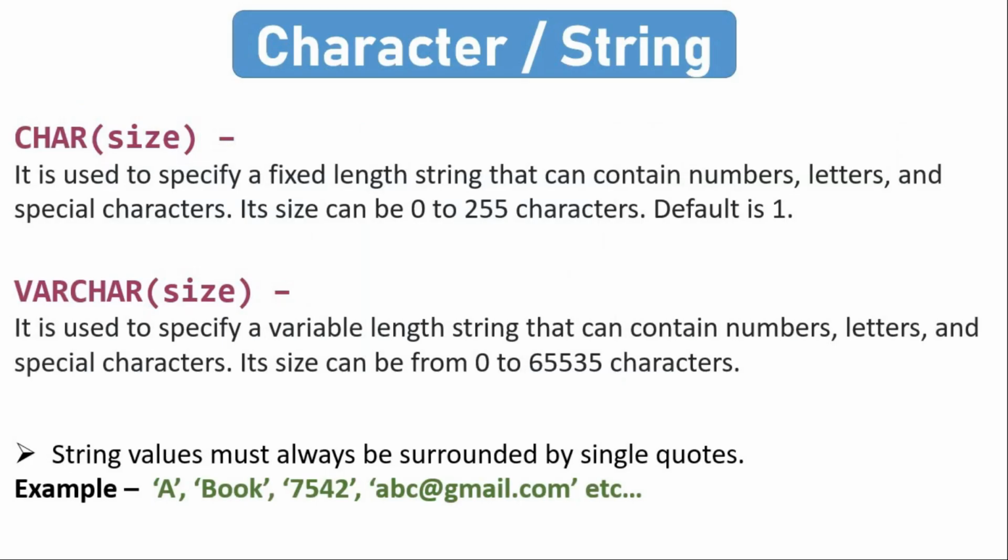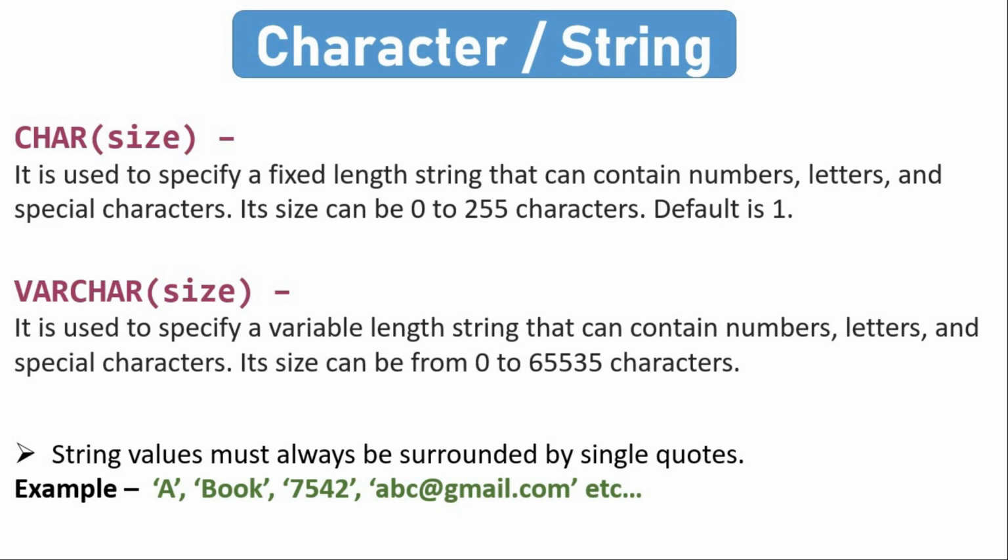So in character or string we have two important data types, which are char and varchar. So both the data types can store numbers, letters and special characters as a string. But you should go for char if you have to store a fixed length string, and varchar is the best option if you have to store a variable length string. Here the meaning of fixed length string is that you know in advance what will be the number of characters that are going to be stored in that column. For example, you have to store the grades of the students. So the grades will be like A, B, C and so on. That means you know the grades column will store only one character.